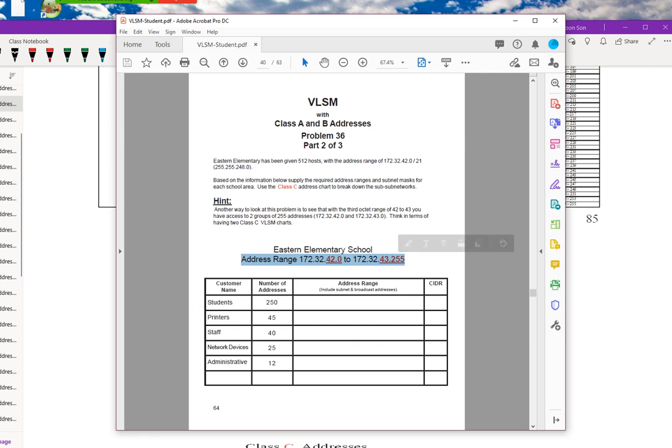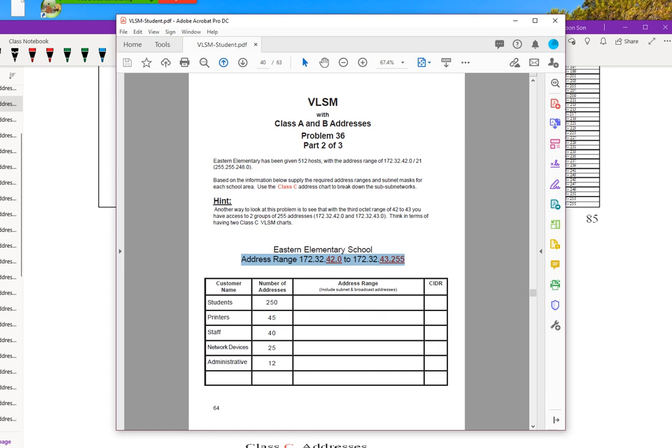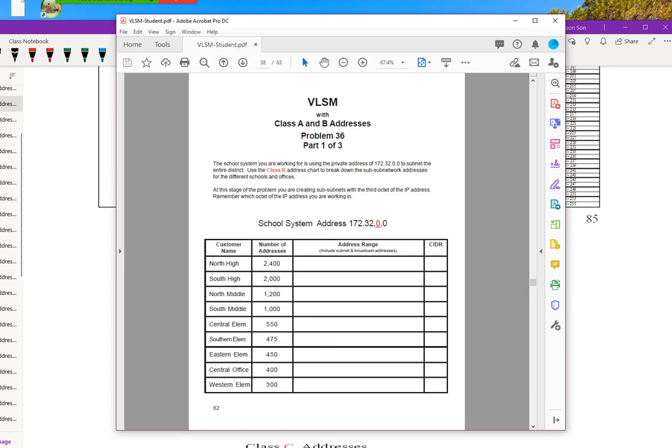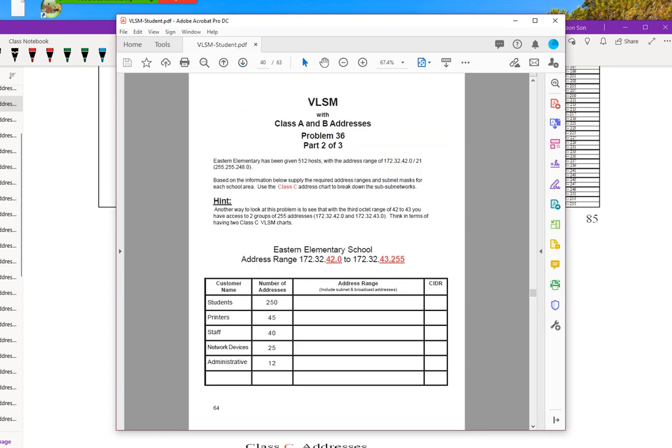So the good news is that this address range is the answer for Eastern Elementary School. If you look at the previous part, for part 2, the answer is given. Okay, so now, having said that,